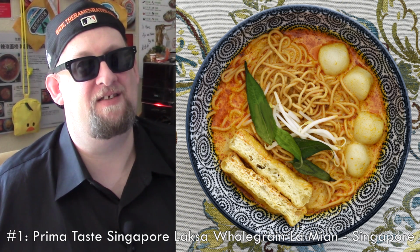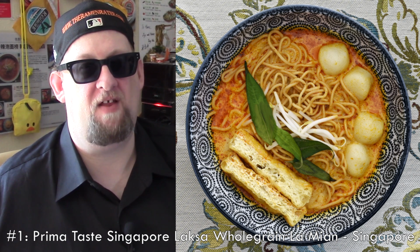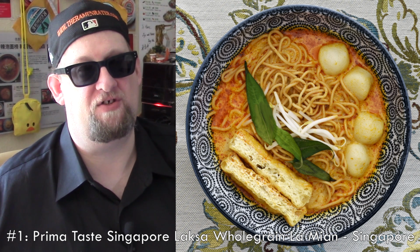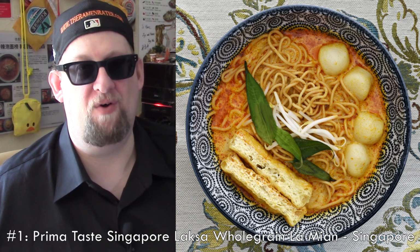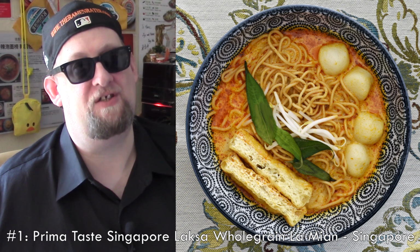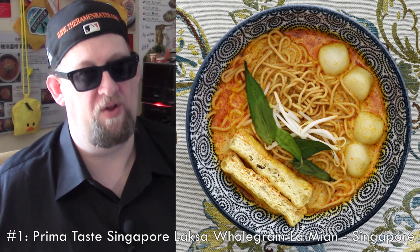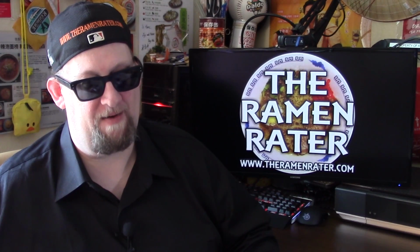The broth is this really nice, kind of spicy, very flavorful laksa. It's beautiful too. You look at it and you stir it around, just the colors. It's like there's little jewels of oil bubbling to the surface. And then of course it's got the huge sachet of the paste, the huge sachet of the coconut milk powder. It just all goes together really well, and I love this one. So there's your list from 10 to 1 of the Ramen Raiders Top 10 Instant Noodles of All Time 2017